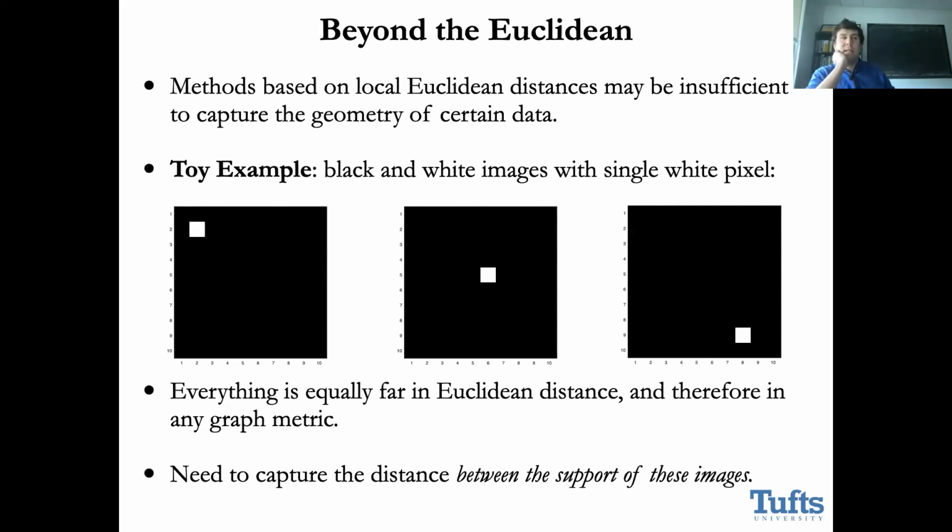But the problem for me is that if I do any kind of LP metric, any kind of Euclidean thing here, everything looks equally far from everything else, right? If the vectors are identical, the distance between them will be 0, and otherwise, let's say if I'm using Euclidean distances, it's going to be square root of 2, no matter where the support of this one pixel is. So in some sense, the manifold learning method regime has nothing to say here, right? Everything looks equally far from everything else.